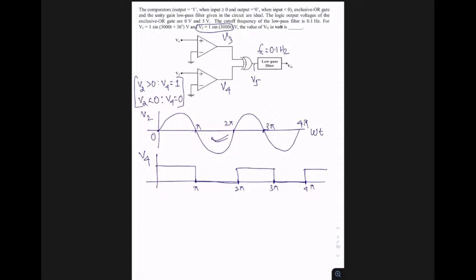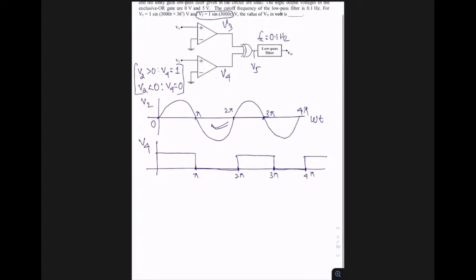But I need what? I need V5. To get V5, I also should derive what V3 is. Okay, so how do you get V3? To get V3, again, we have to draw V1. And by comparing V1 with 0, you should be able to conclude how the waveform of V3 will look like, right? So now the question is how this V1 will be, okay? So V1 will be, how it will be means,